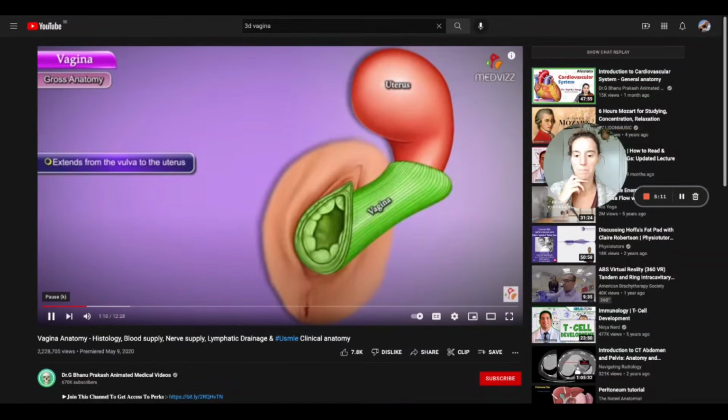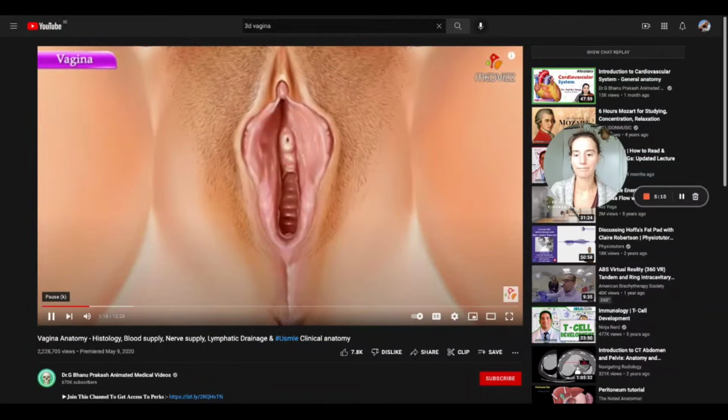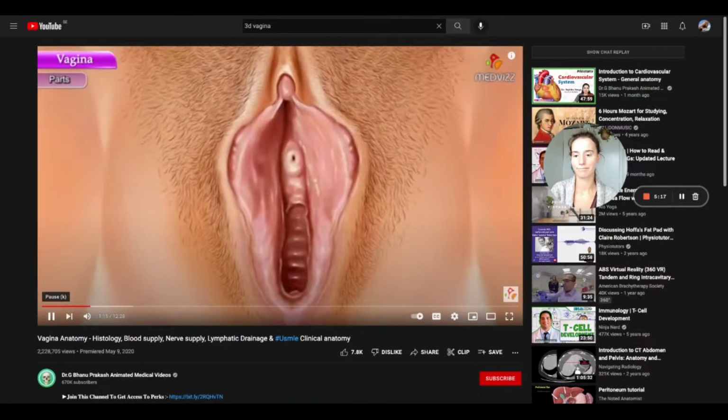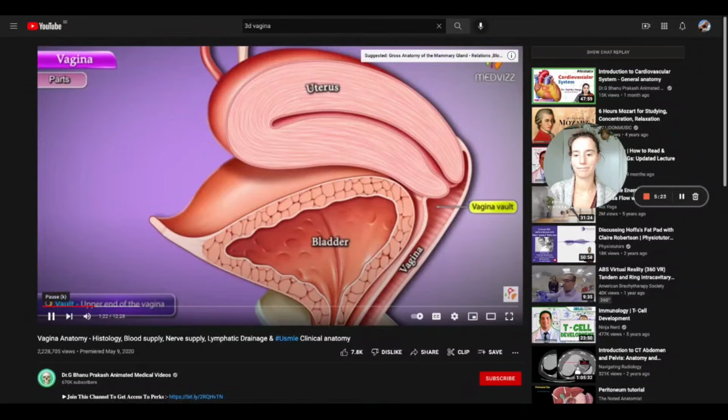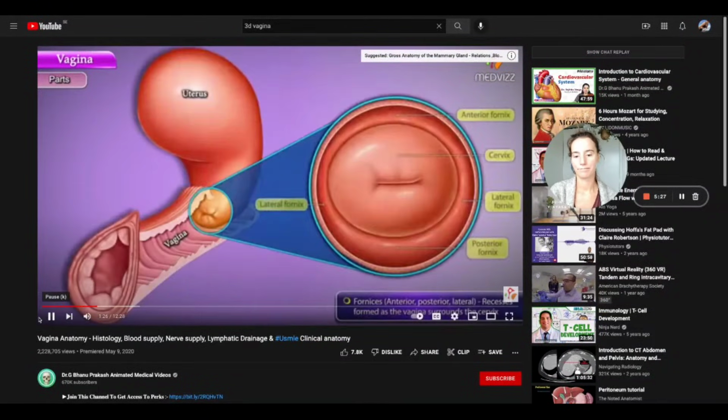It extends from the vulva to the uterus. The vagina includes the following parts: vaginal orifice, incompletely covered by the hymen; vault, which is the upper end of the vagina; fornices, anterior, posterior,